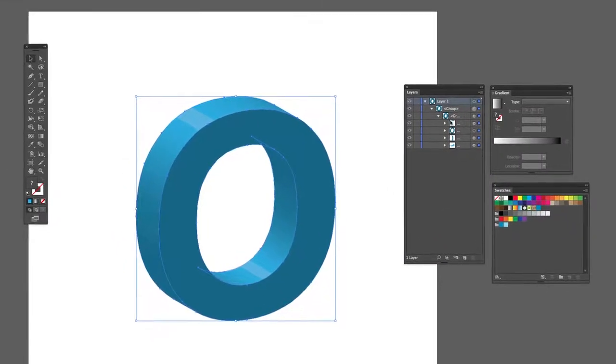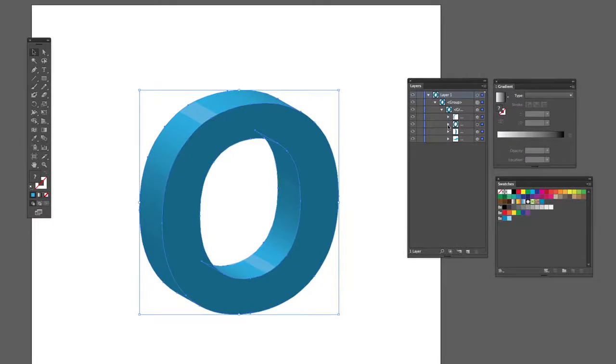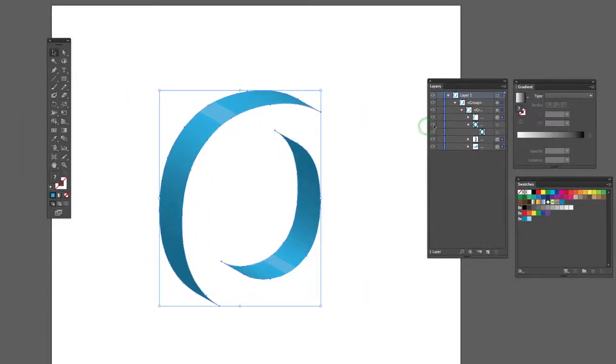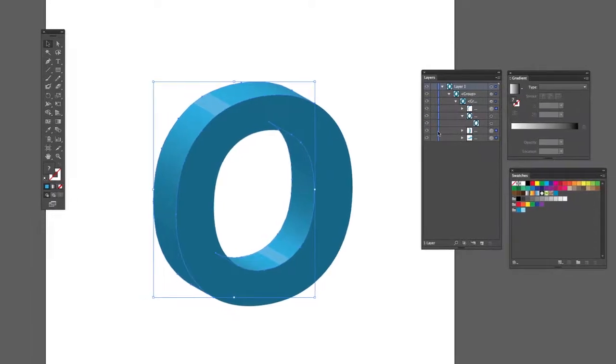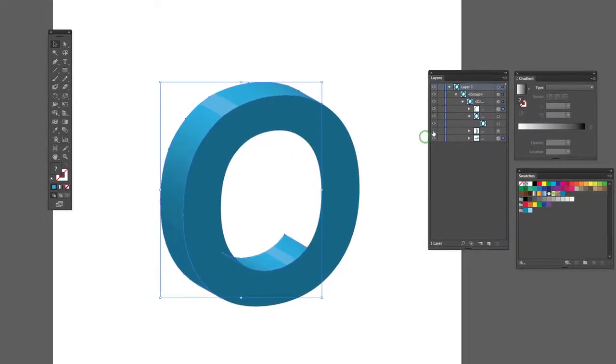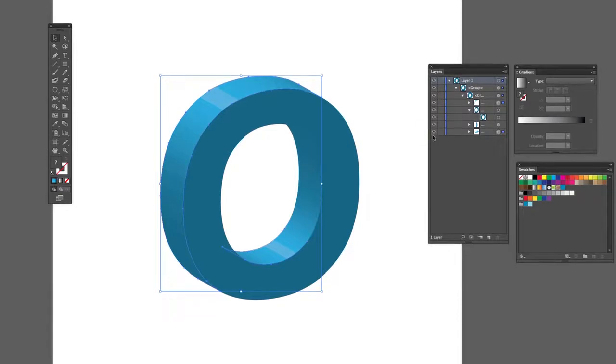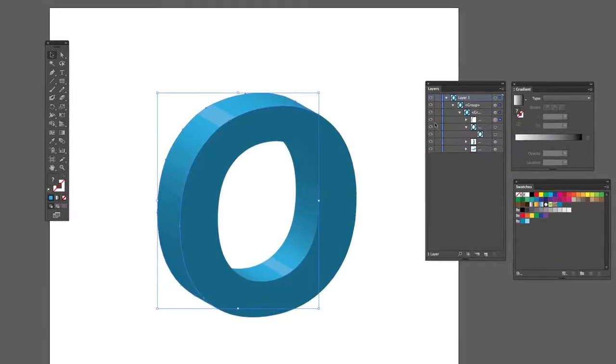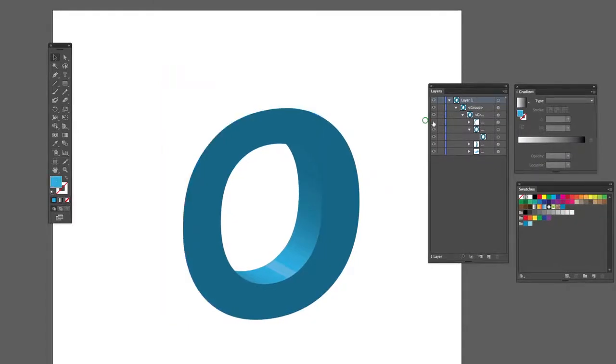So basically, I have all the parts. So I have the front here, the front of the hole. Then I have the inside part of the inside, and bottom of the inside, and also I have all the